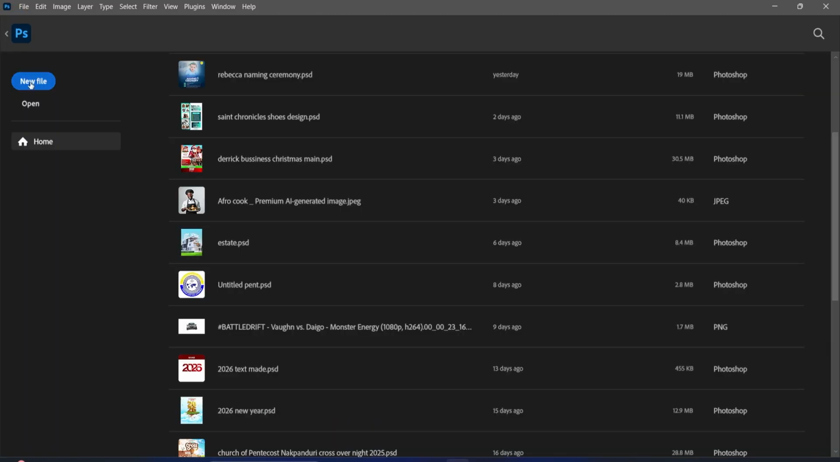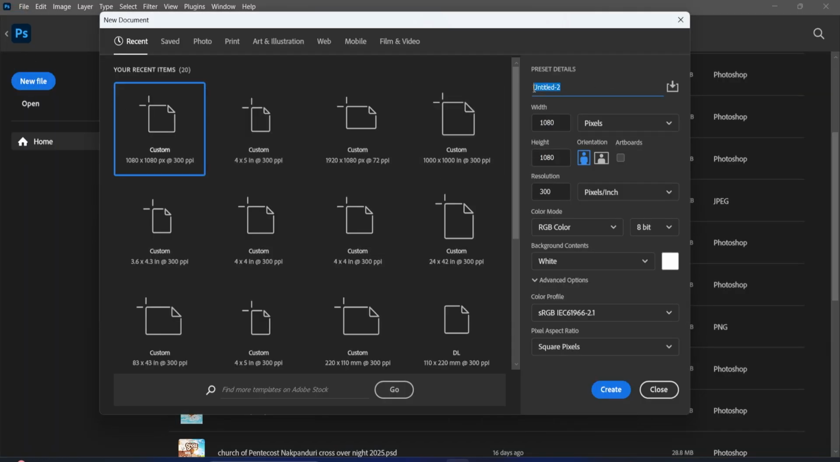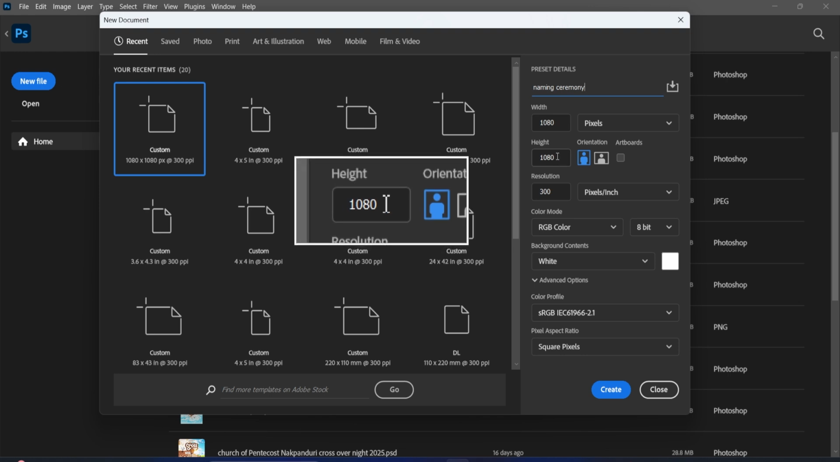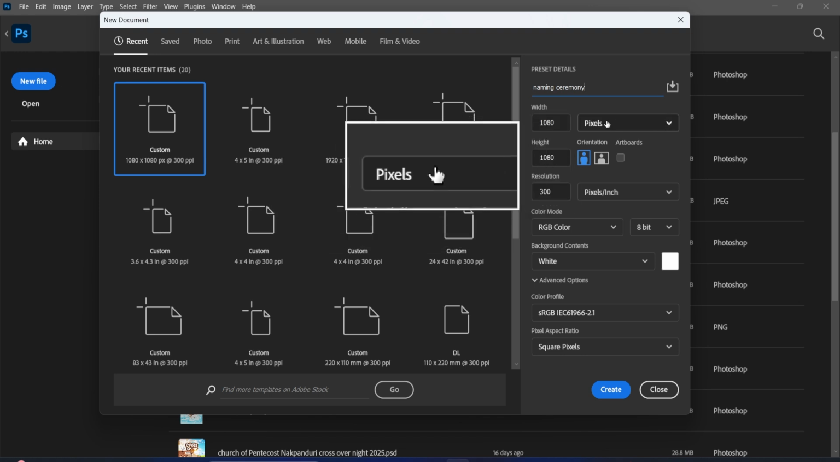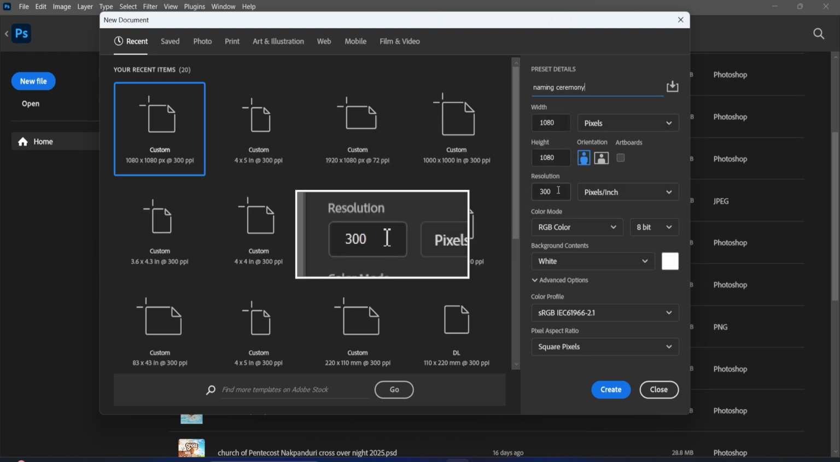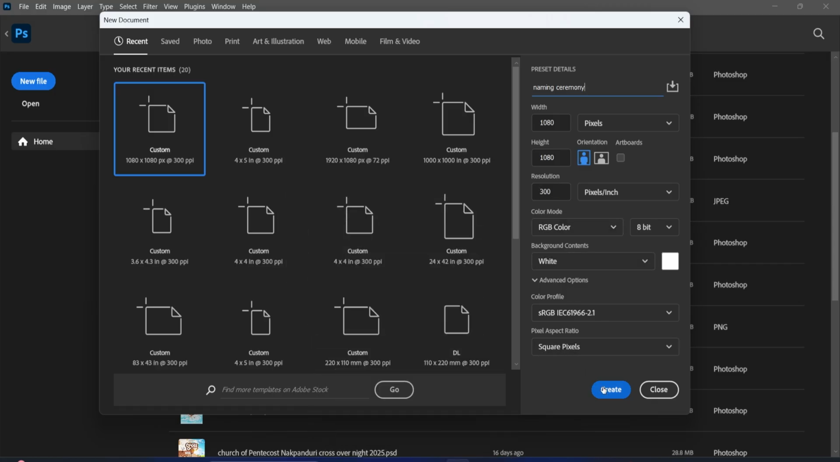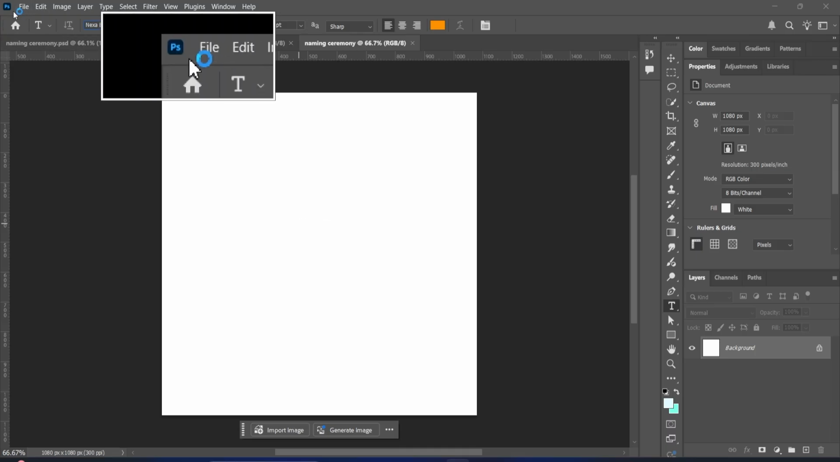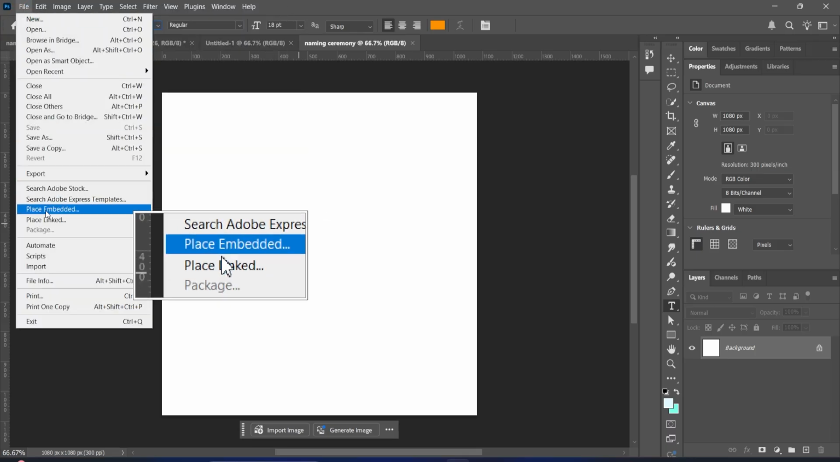So I'll come over here and click on new file, then name this naming ceremony. And my width is 1080 pixels and height is 1080 pixels as usual, and resolution 300, and I'll click on create. So my document has been created. I'll go to file, place embed,